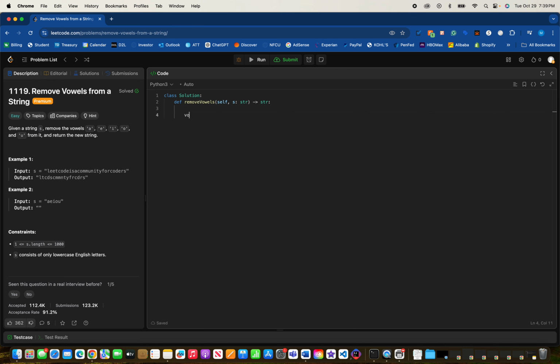So this can be solved easily. Let's make a set called vowels equals to A, E, I, O, U, and then let's make result equals to